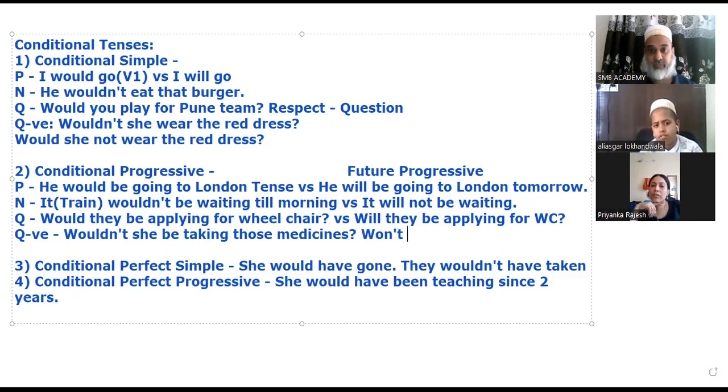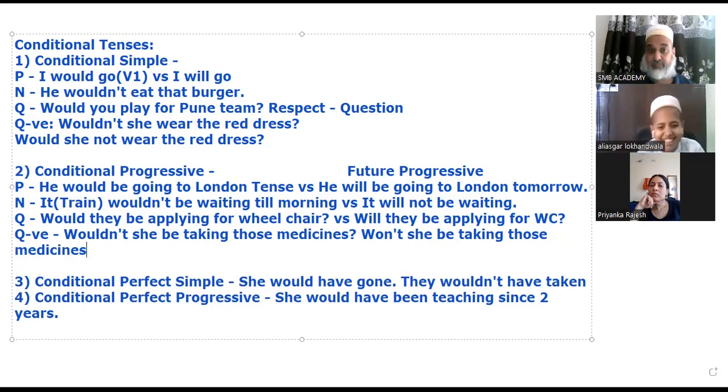Will not she be taking those medicines? will not को जोड़ दो, won't कर दो। Won't she be taking those medicines? क्या भाई, व्हाट यू से? अली असगर आप पीछे रह गए, प्रियंका ने बोल दिया, आप तो अभी सोच ही रहे हो। हार गए आप? हाँ, हारता भी है अली असगर। हाँ, बोलो मैं हार गया सर, I lost. हाँ, चलो ठीक है।